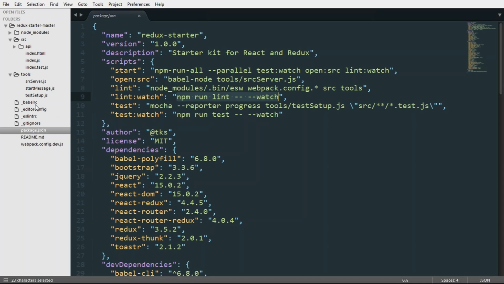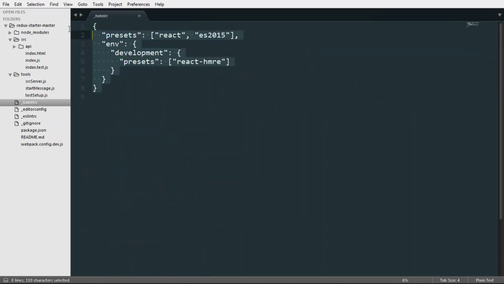Okay, now let's talk about these other files. The .babelrc file. This file is required by the Babel transpiler. So you need to specify either React or ES2015. What you are specifying to Babel is that the code I'm writing is in React, and I'm also using ES6. If you are writing the code in ES6, then you need to define both the options, because Babel is a transpiler and transformer. Until you advise Babel to do this, by specifying both of the presets,